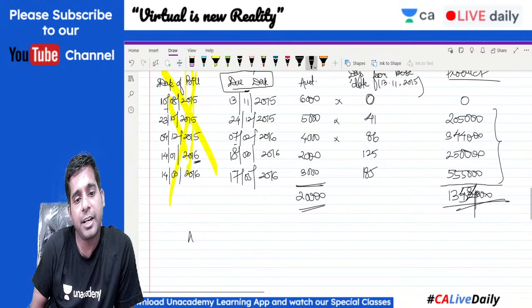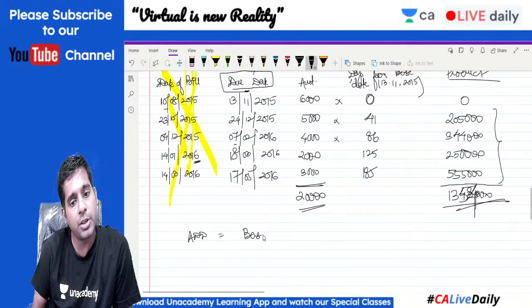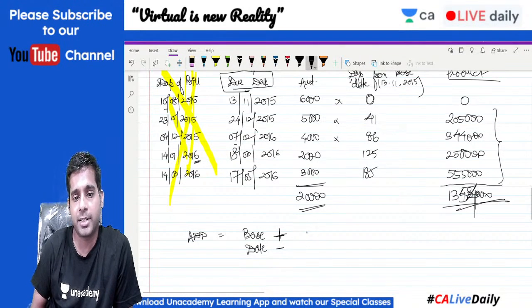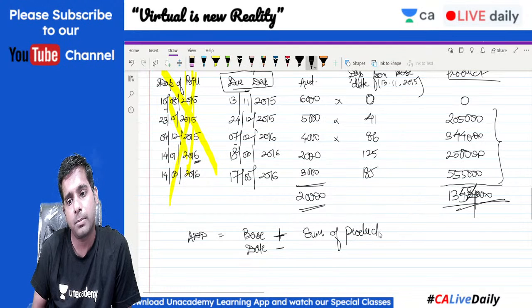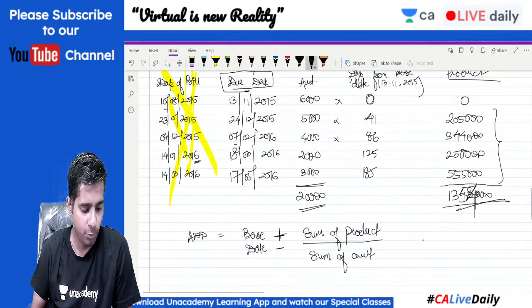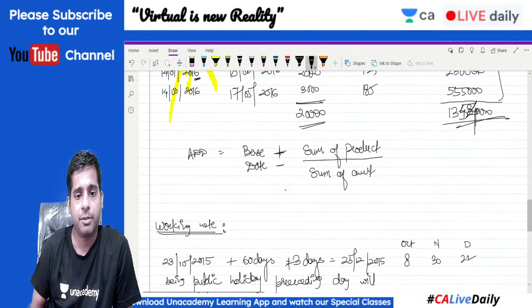Now, average due date is equal to, the formula you must always write to get the mark: base date plus or minus sum of products divided by sum of amount. You must always write the formula, right? Which is equal to,